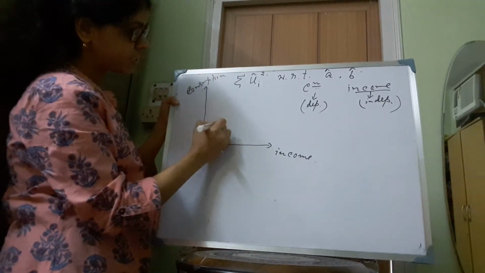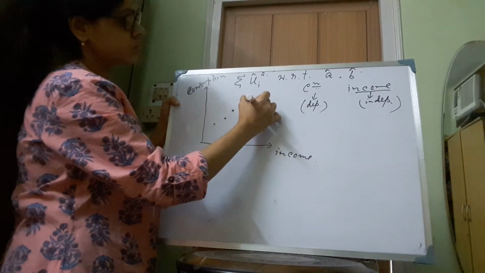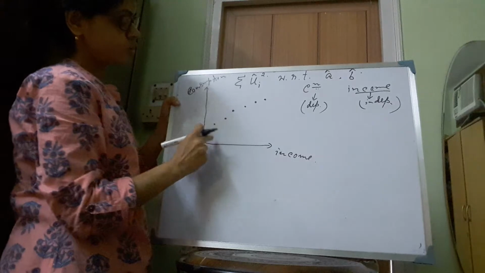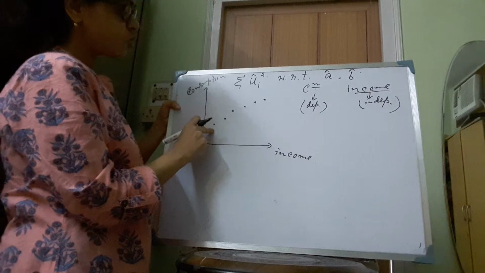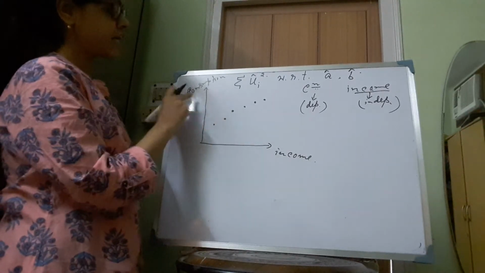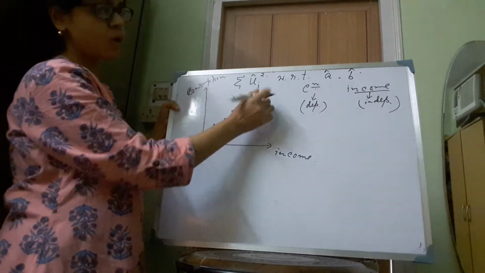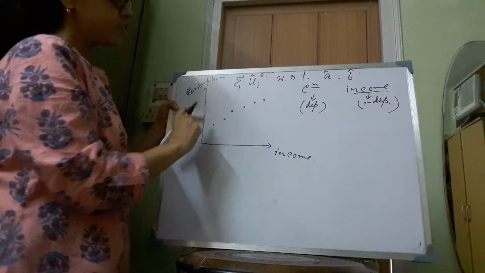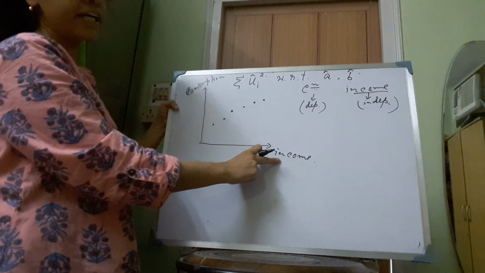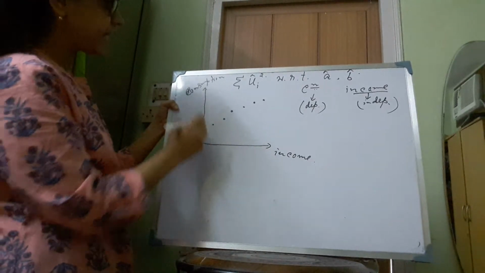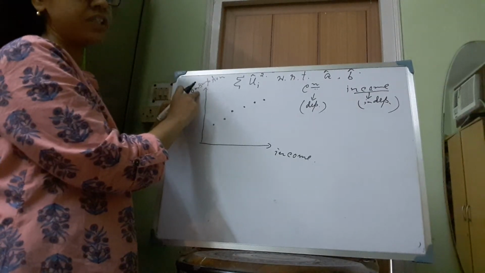Now we have the actual data on income and consumption, and we can represent those combinations of income and consumption by these dots. So each dot represents the actual value of income and actual value of consumption. Now these dots are true in the population, but in reality we cannot get these data. We can only predict the consumption level with the help of the income data. So in that case we will get the estimated value of the consumption. It is not possible for us to get the actual value of the consumption.